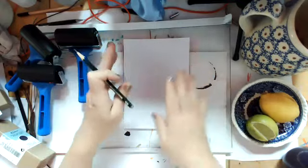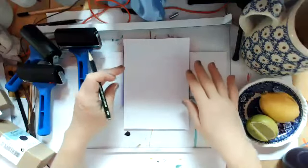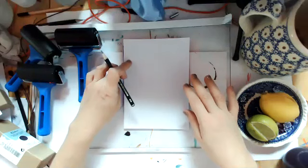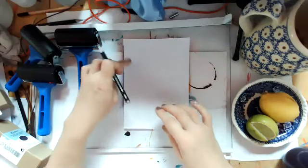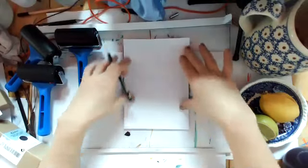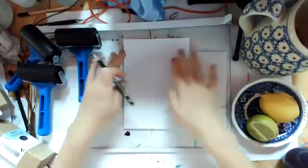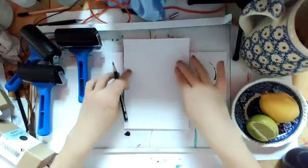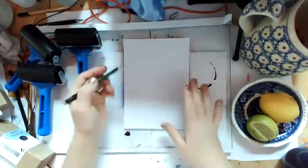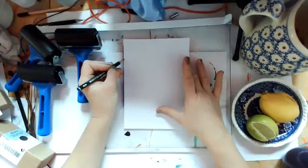You'll get this nice soft effect, as you'll see when I show you when I've done it. So if you put your finger down, and you don't want just a blob there, you want to make sure you evenly distribute the pressure, so that it's not just these weird blobs. It sort of becomes like this smokiness, but you'll see what happens when I show it to you afterwards. And then, so I'm just going to